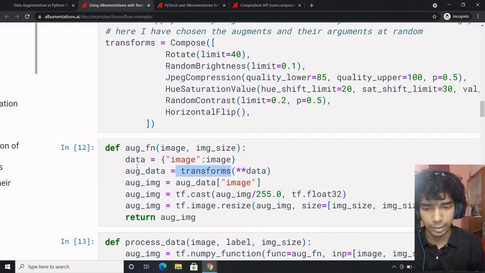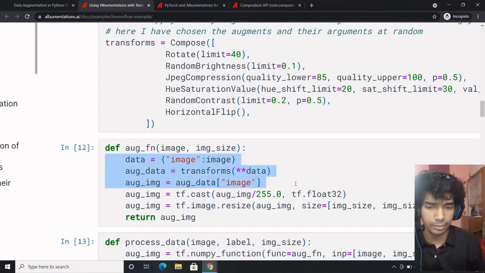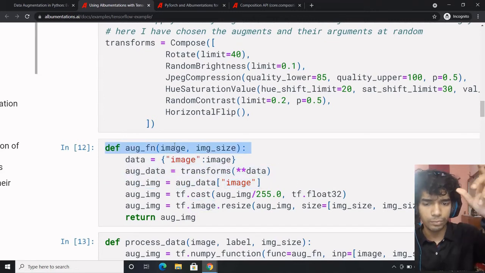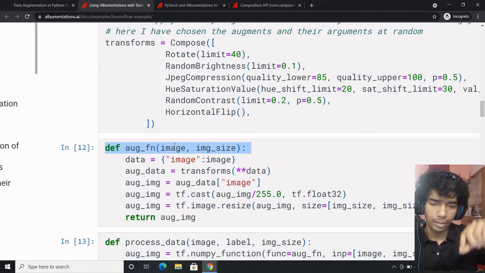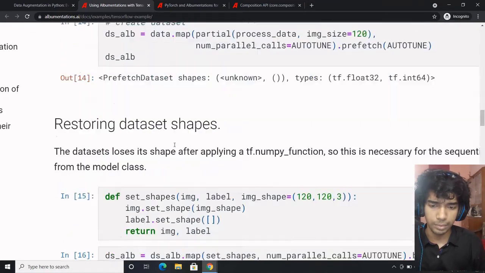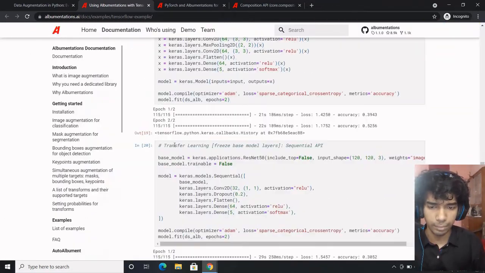You get the data, you transform the data, and get the augmented image. So these three lines are a bit different. Rather than directly transforming the image, you just need to make a dictionary wherein the image is passed, then the image goes to the transforms, then extract back the image. That's how it is. Quite simple, nothing much to be worried about.